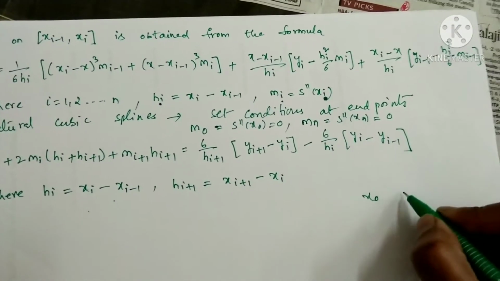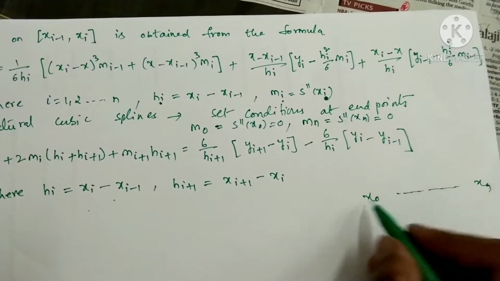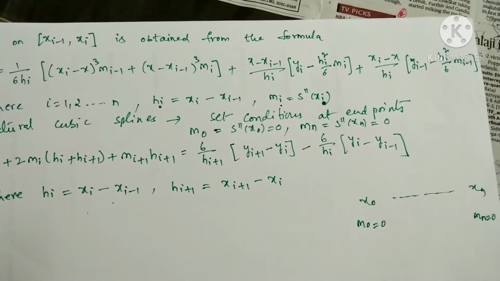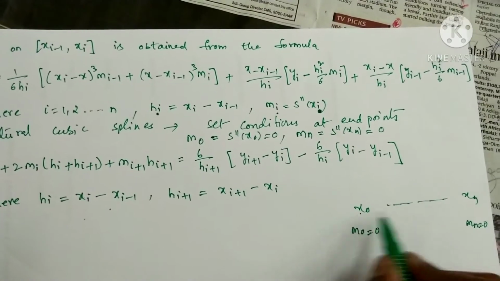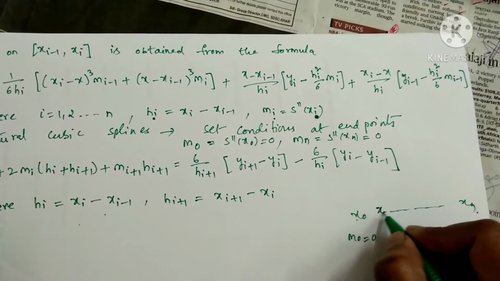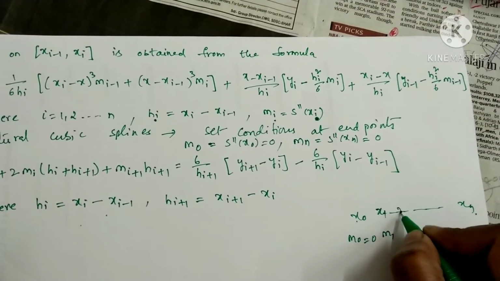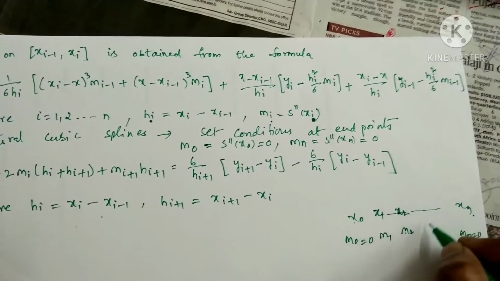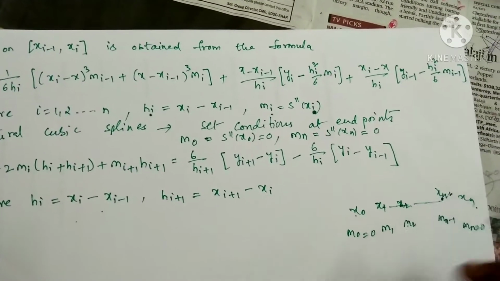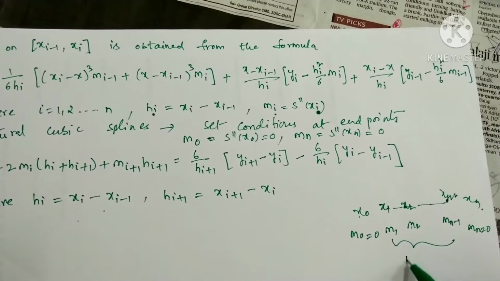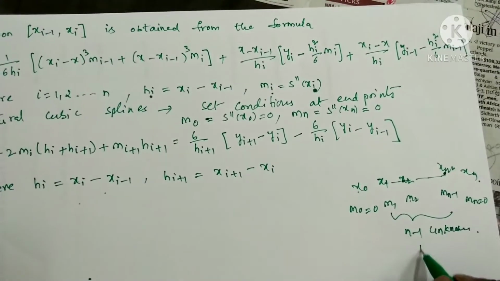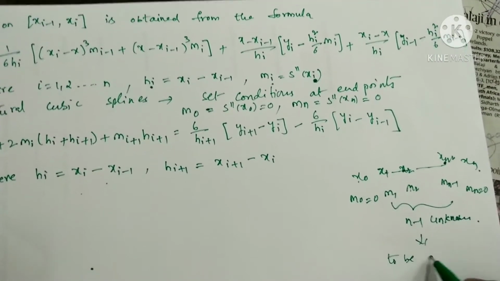So we have our data from x0 to xn, and we have taken the second derivative of S at endpoints as 0. Now we need to find M1 at x1, M2 at x2 and so on, M(n-1). That means there are n minus 1 unknowns. These are to be determined